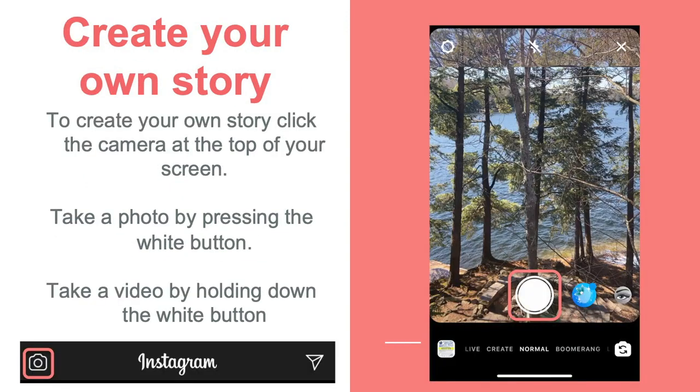And now your own story. To create your own story, you can click the camera at the top of your screen. And then you just take a photo with this white button here of whatever you want to. And if you want to take a video, you just hold it down.